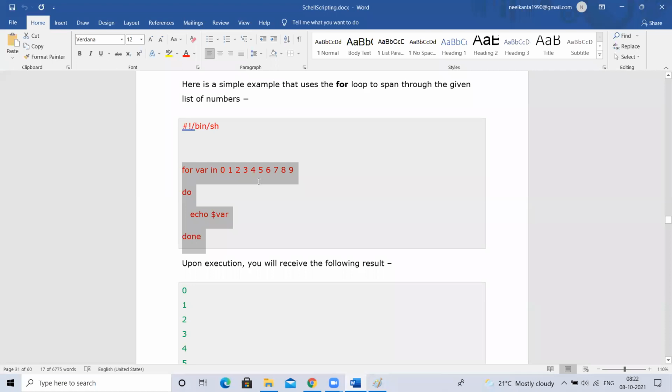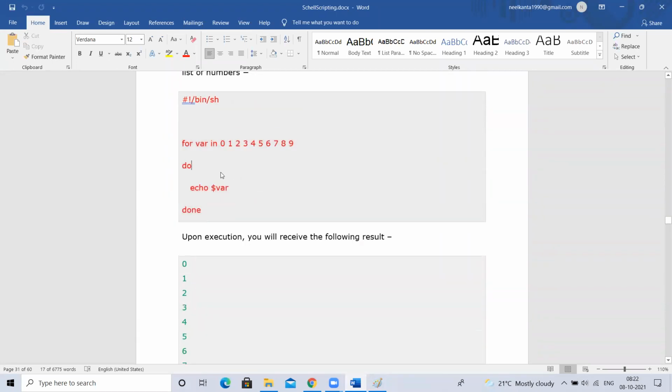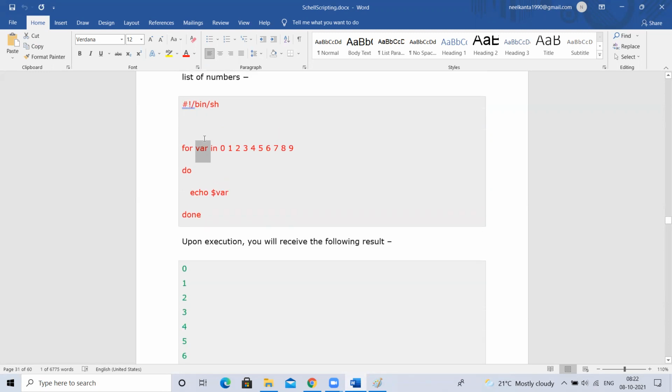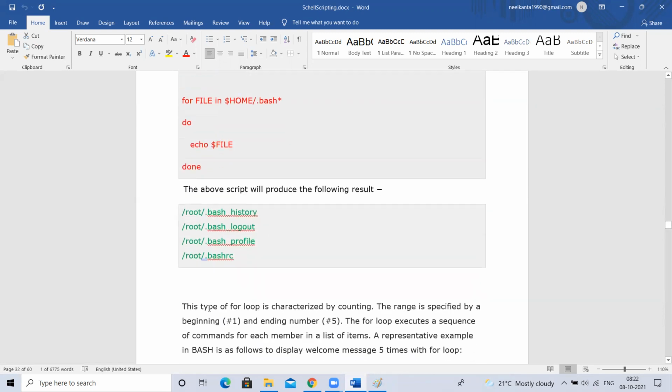Sir, initially by default, does the variable have any value in it? No value. When the execution starts, the first value is set to the variable. After coming out of the loop, does it have any value? You can't even use that variable. Once you come out of the for loop, you can't use it, because you declared this variable for the for loop, so you can use it only inside the for loop. Good, that's an intelligent question.